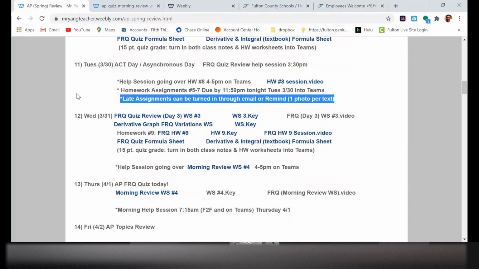The assignment on Teams is closed, so you can send me any late assignments through email or through Remind. But if you do it through Remind, make sure you send me 1 photo per text. If you put all the photos under one text, I'm only going to see 1 of the pages, not all of them. So 1 photo per text. If you want to do 2 pages per photo, that's fine.